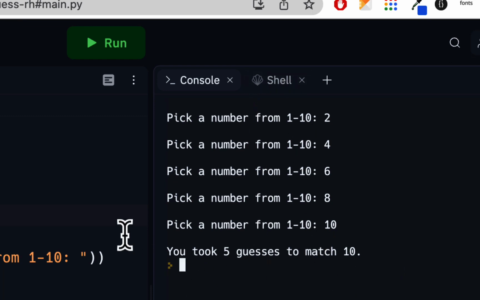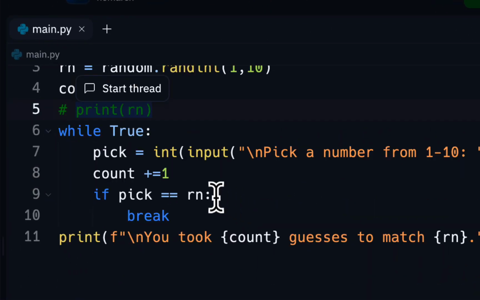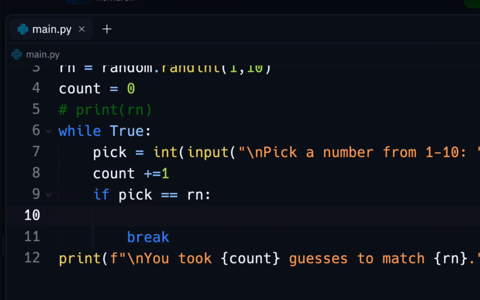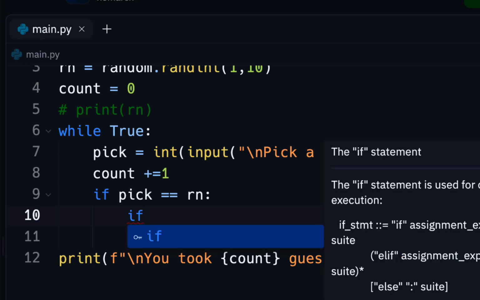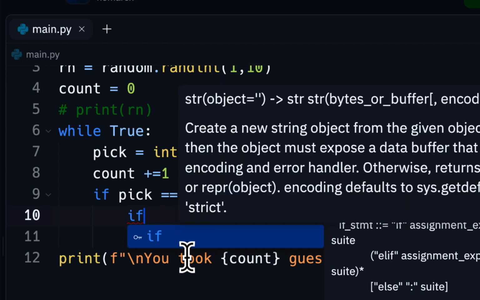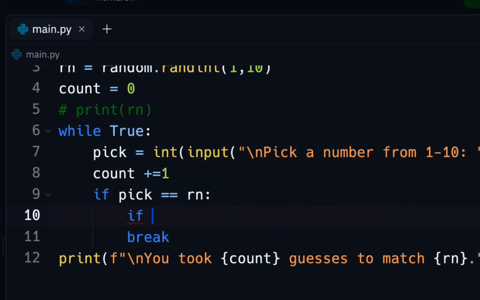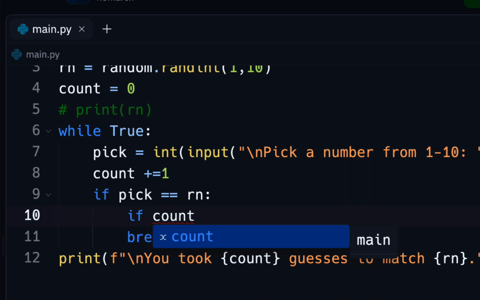Now, one other thing we could do here to match the grammar is go inside here and do a nested if-else statement. We'll say if, and what are we saying if about? What's going to determine whether we use guesses or guess? Well, our count, really. If our count equals 1, then we're going to use guess. Otherwise, we're going to use guesses. So if count equals 1,